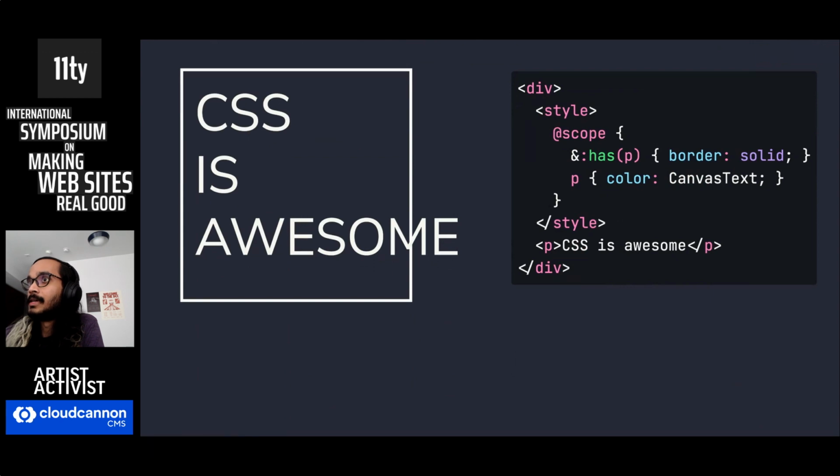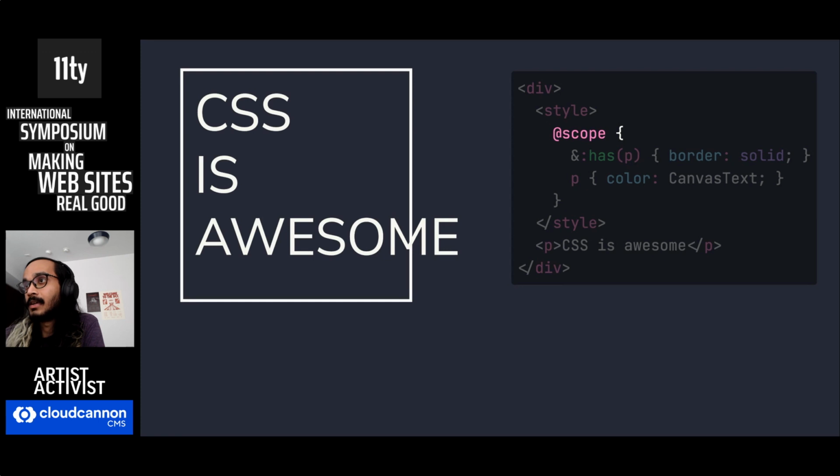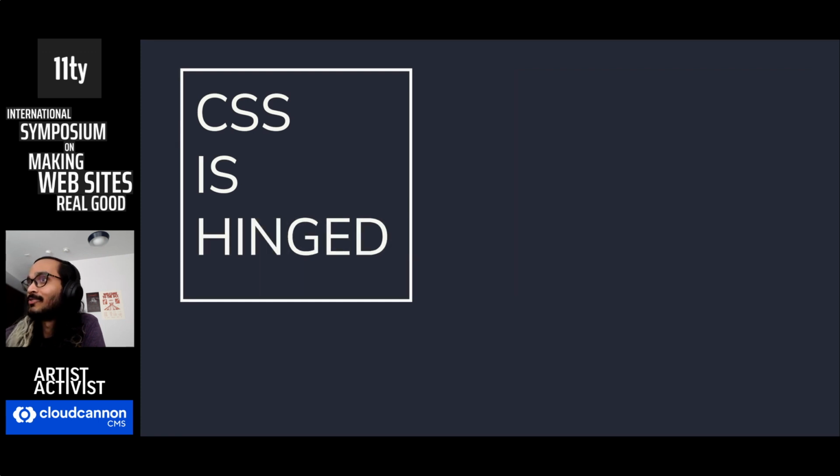If you haven't been keeping up, CSS has legitimately become awesome. We have the has pseudo class and nesting built into CSS now. We're even getting scope styling. How awesome is that? And for the first time ever, we have the tools to manage the cascade in a way that feels more hinged, for lack of a better word. So yeah, this is a vast topic with multiple layers of rabbit holes. So to keep things digestible, I will simplify my explanations and provide practical suggestions along the way.